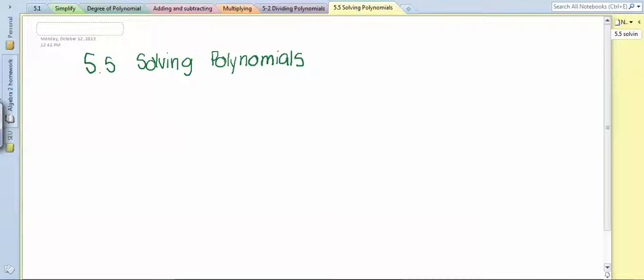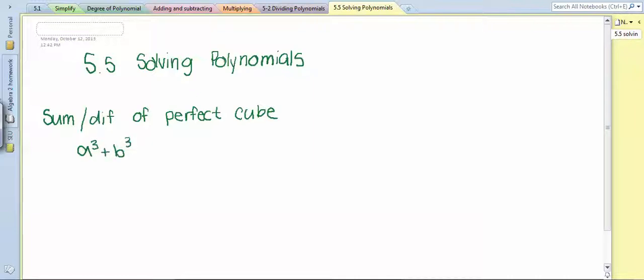So the first thing we did with 5.5 was learn how to factor the sum and difference of perfect cubes. So let's talk about that. Sum and difference of perfect cubes. Okay, now, when we're talking about sum and difference of perfect cubes, what we're saying is that we have something that's a perfect cube, where either we're adding and they're perfect cubes, or we're subtracting and they're perfect